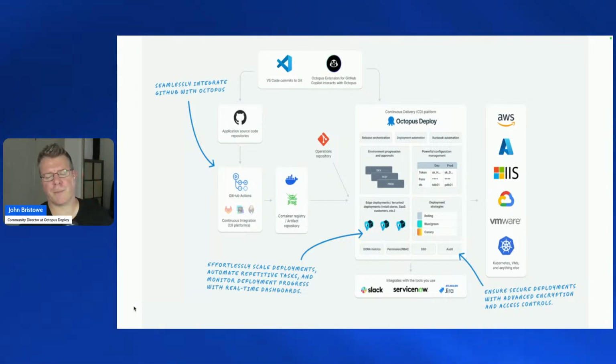And then, of course, looking at a practical example like GitHub, we have a number of integration points there. So don't exclude other solutions that are out there like Jenkins or TeamCity or BuildKite or other solutions like that. But this is one particular example of how we integrate with GitHub, for example. And so with GitHub, we have a bunch of GitHub actions that you can utilize to integrate with Octopus. We also have a GitHub app. We also have an extension for the GitHub Copilot capability found in VS Code and other tooling. And so you can integrate with all these CI processes in the way that makes you happy. And so that's the idea there.